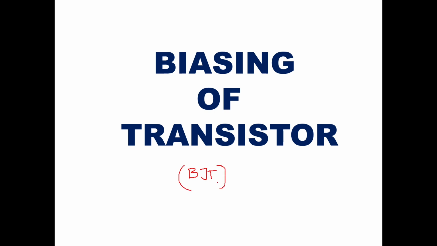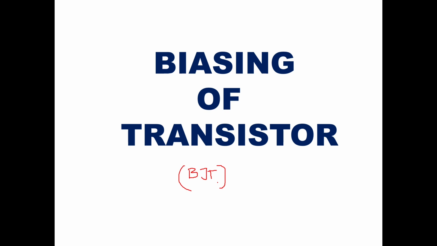Now this transistor we are going to bias, and why we have to bias it, what is the importance of biasing, what is the need of biasing. Then after biasing, what do you mean by output characteristics of a transistor, what do you mean by a DC load line, what do you mean by operating point Q, what do you mean by stabilization factor, and what do you mean by voltage divider network for biasing. So all these points we are going to see in this presentation.